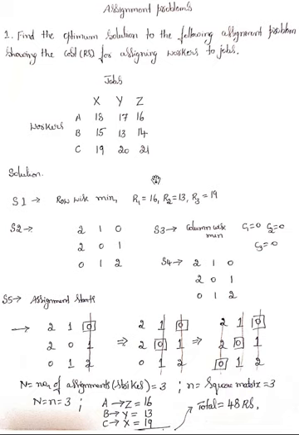Then in each row we identify the minimum elements, and in each column we identify the minimum elements. Once we identify the minimum elements in each row, we subtract and obtain the modified matrix. From this modified matrix we identify the minimum elements column-wise and subtract them. Once we have obtained this, the next step, the assignment procedure, starts. First we go row-wise. Once we complete all the assignments row-wise, we go column-wise.